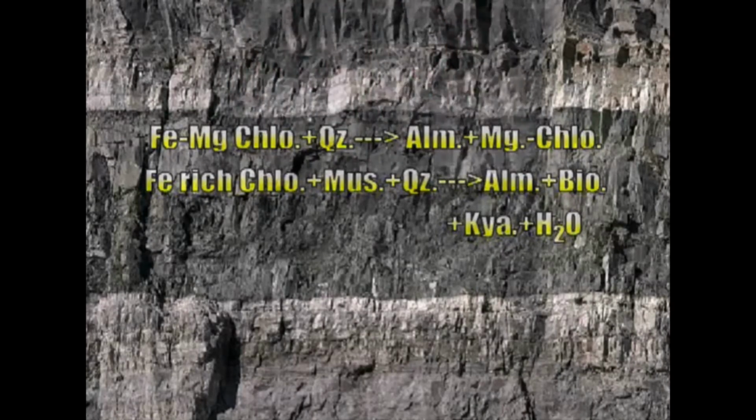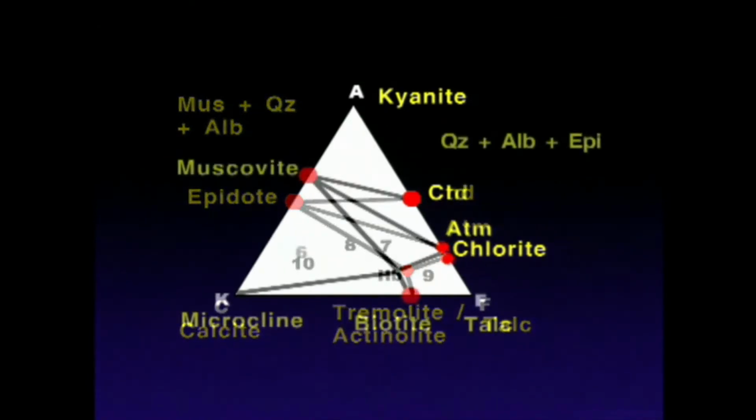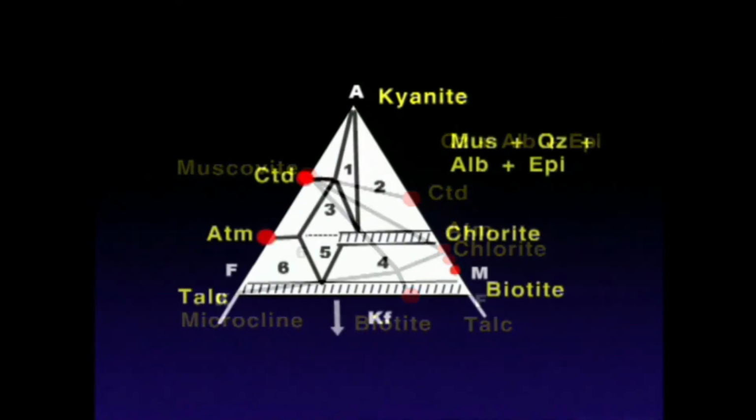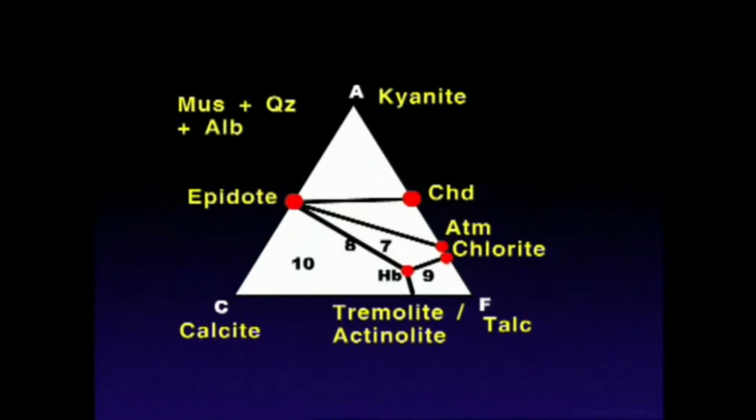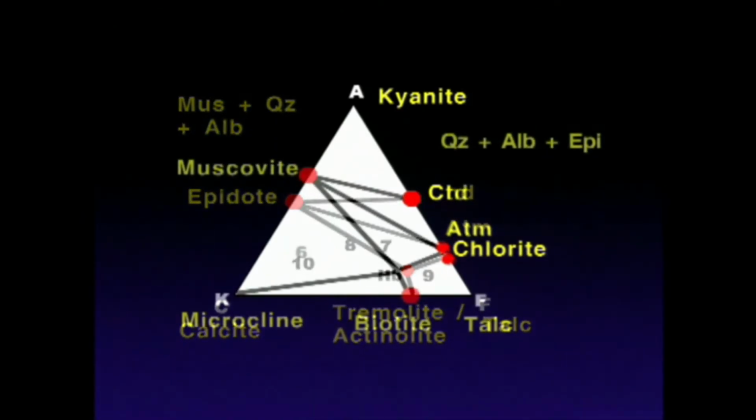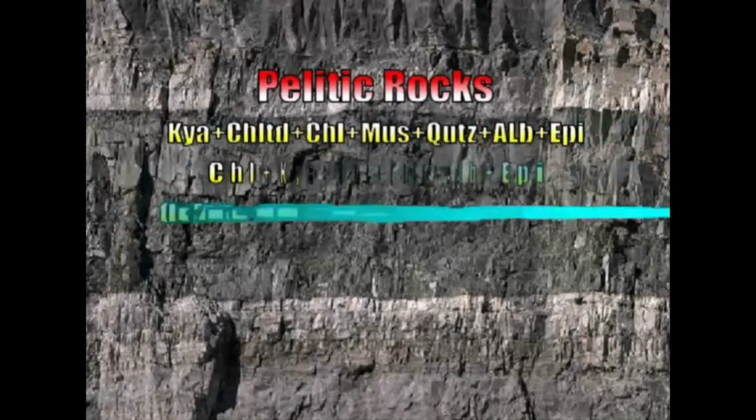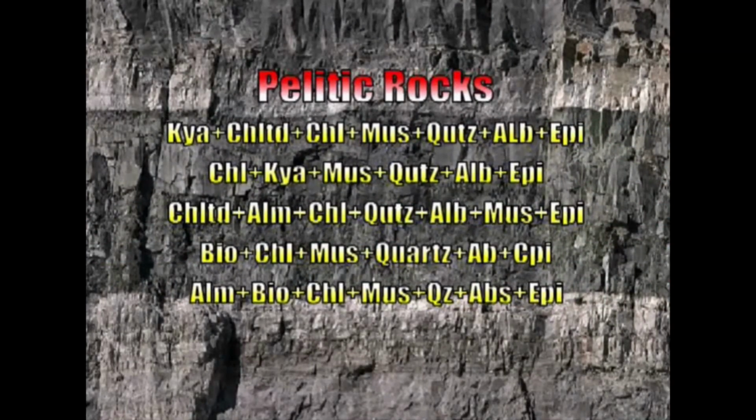Mineral assemblages: on the basis of ACF, AKF and AFM diagrams, we can recognize the following mineral assemblages. The pelitic assemblages are as follows: chloritoid, chlorite, muscovite, quartz, plus or minus albite, plus or minus epidote; chlorite, kyanite, muscovite, quartz, plus or minus albite, plus or minus epidote; biotite plus chlorite plus muscovite plus quartz plus or minus epidote plus or minus albite; almandine garnet plus biotite plus chlorite plus muscovite plus or minus quartz plus or minus albite plus or minus